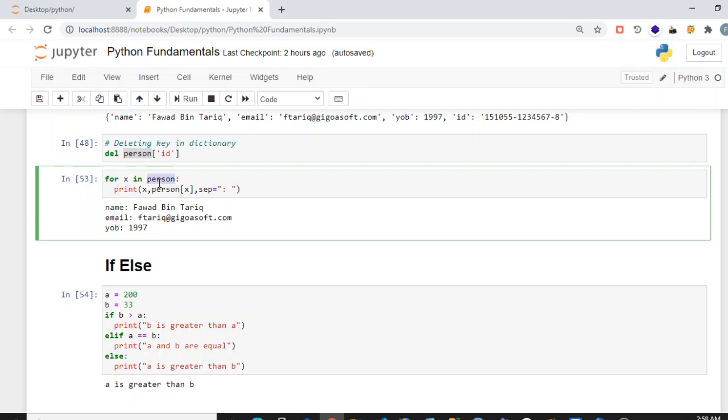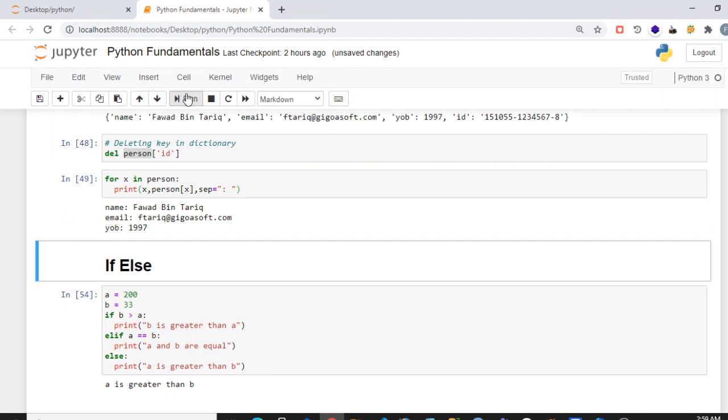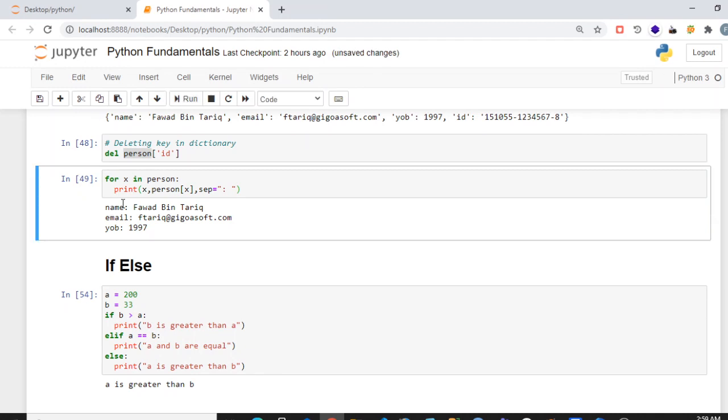So it will iterate through all the keys of the dictionary. In the print statement, I am using again two values. x will be the name of the key, and person x will return us the value, and I have used a separator here, colon. And if we run this, you can see it has displayed key colon value, key colon value, key colon value.